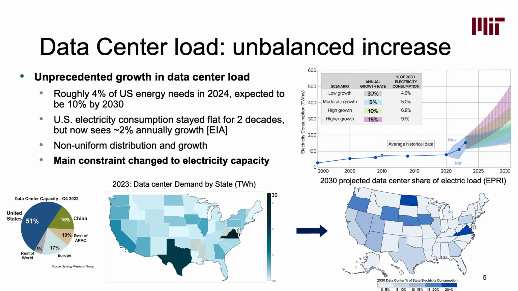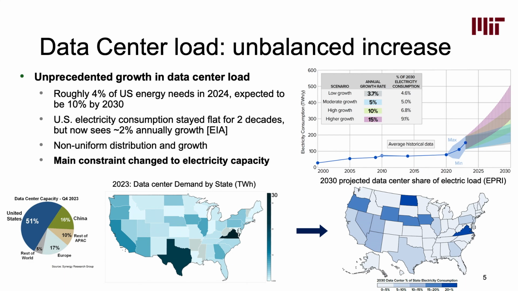Since we have a demand surge with this wave of AI heat, we also see very abnormal terms in making plans in the systems, like the unbalanced increase. What we see here is that the estimations just went crazy in the past years. Everybody has probably already seen this figure, or similar forms by different agencies and companies. They forecast that the increase of data center loads is going to be up to 10% of the entire world.